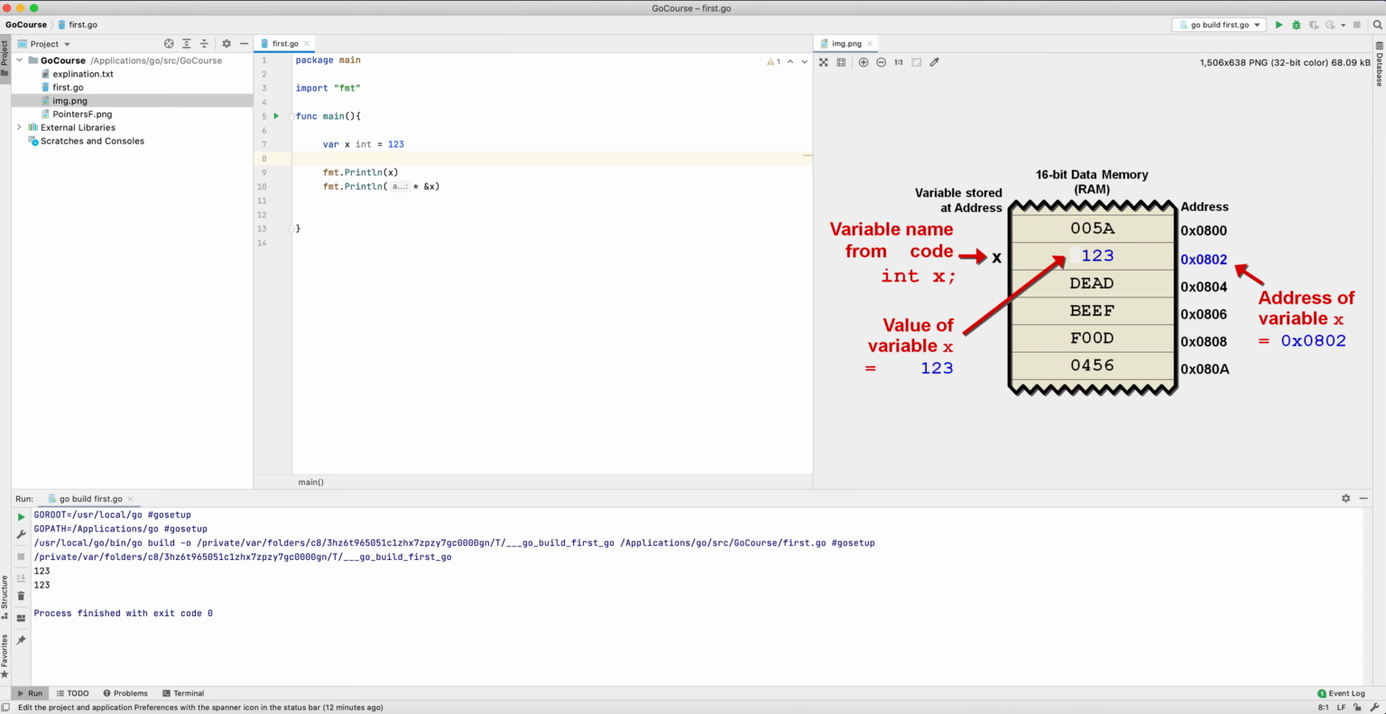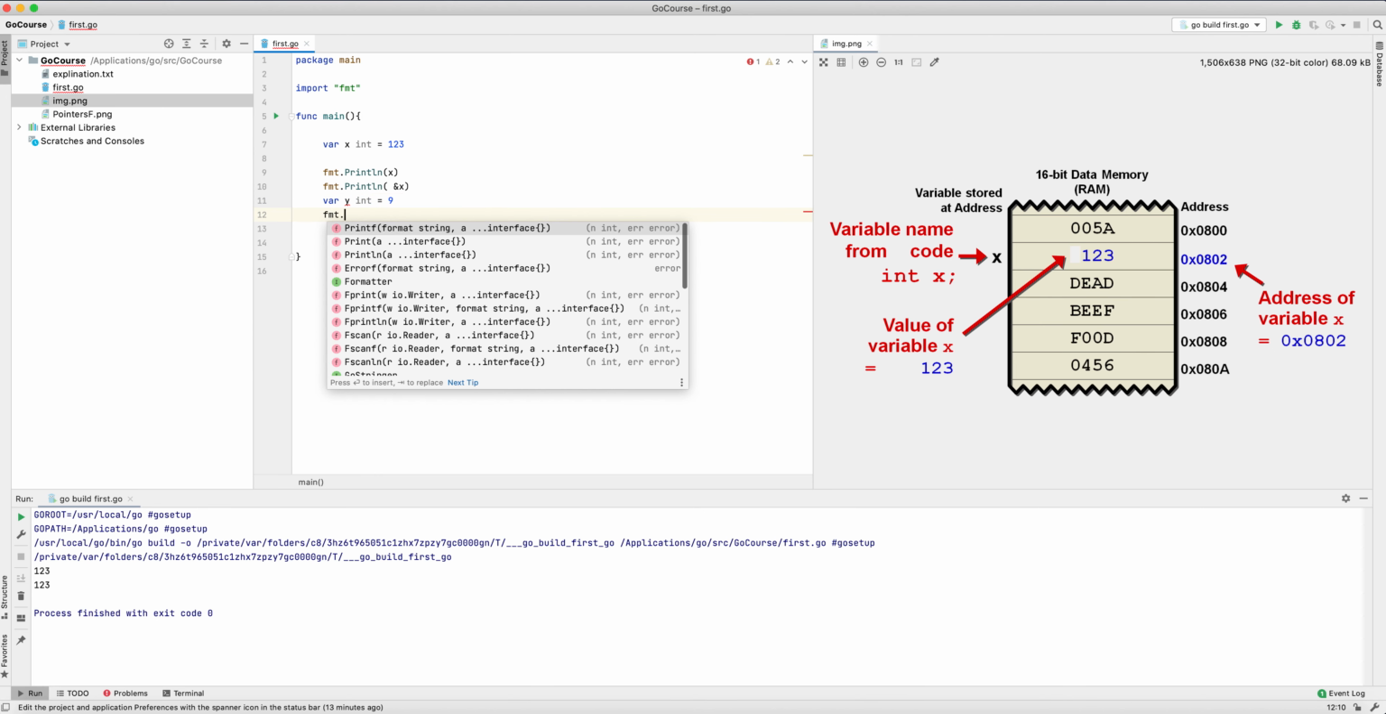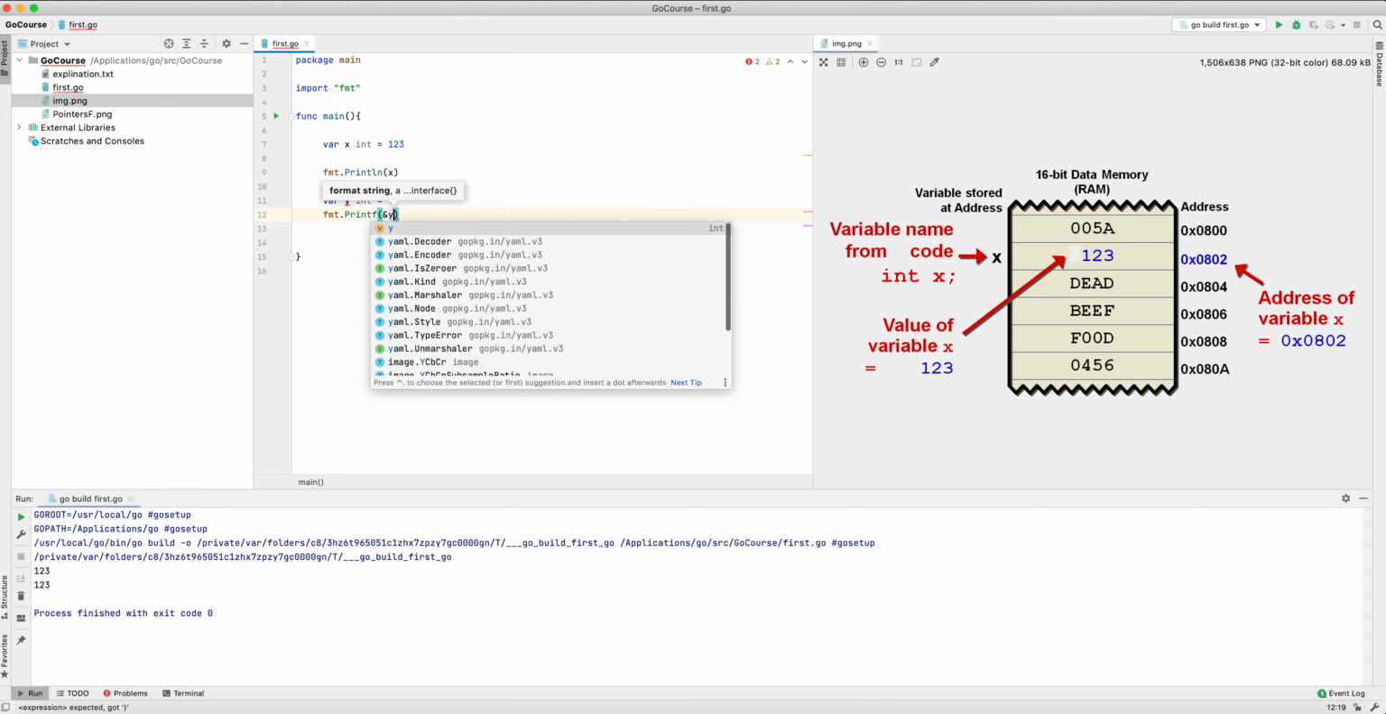So this is about each variable, string, float, whatever, the same. They are stored in cells. Sometimes it is not one cell. I mean the variable can spread over more than one cell. It can start from here, for example, and take 4 or 8 cells. As we said, var y integer equals whatever, fmt dot Println y,